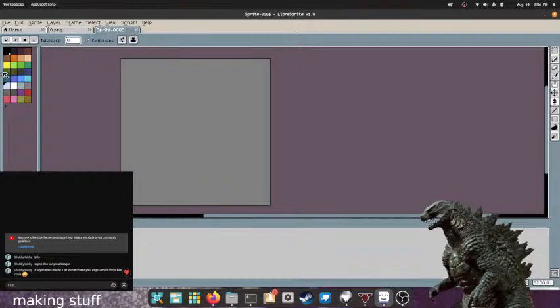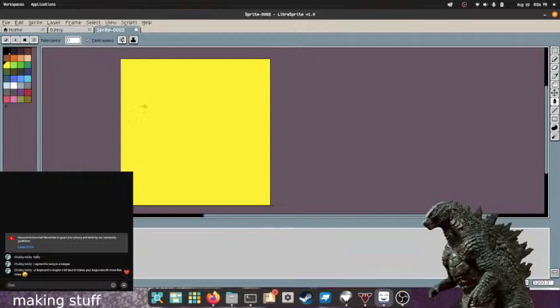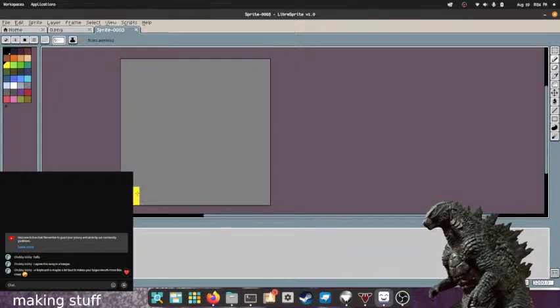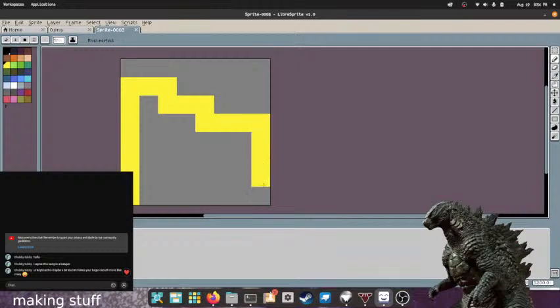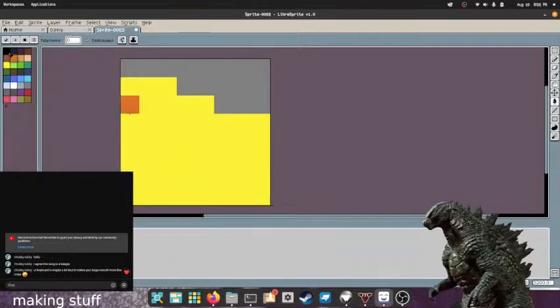Okay, I'm just gonna start by drawing the obvious thing. Cheese. Whoop. I don't want it to fill the entire thing. And then I'll put some little... there we go.